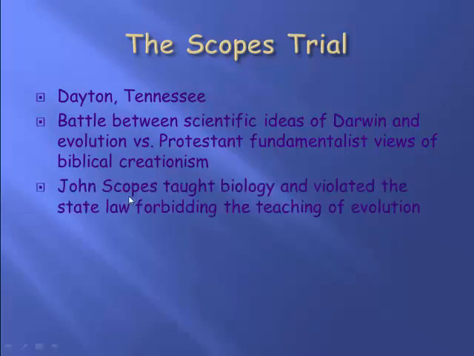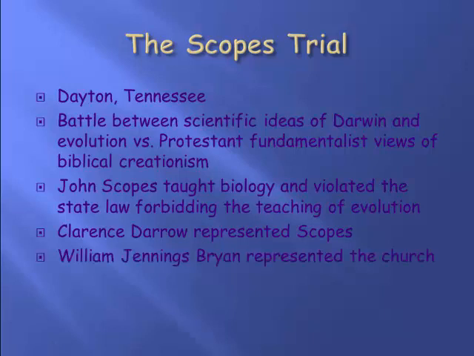So John Scopes was a science teacher in Tennessee, in a really religious town, Dayton, Tennessee, and he was teaching in his biology class that men and women evolved from monkeys. He was teaching the theory of evolution, and he was fined, he was arrested, all kinds of stuff. There's a huge trial about should he be able to do this or not, and William Jennings Bryan represented the church, or the fundamentalist views, and he said that absolutely man came from God, and Clarence Darrow said, hey, science could be right, and we could have come from monkeys. And Scopes was convicted. He had to pay a fine.